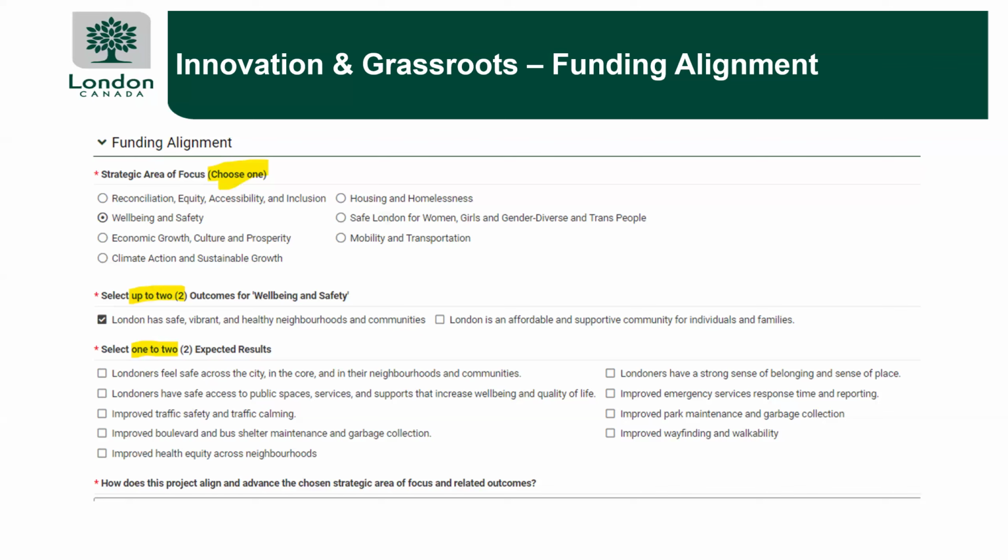And once you select that, it will then open a drop down for the outcomes, and you can choose 1 or 2 outcomes, and then it will drop down and open up expected results that are part of those outcomes. So just to note that